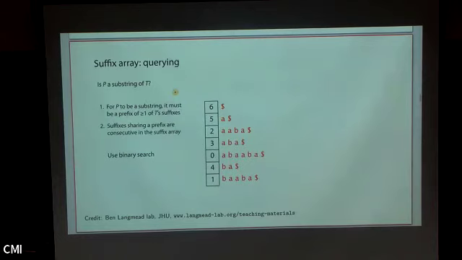And the suffixes that share a prefix are consecutive in the suffix array. So you can actually use binary search. I don't know whether you're familiar with binary search. Essentially, if you have a sorted list and you want to find where something occurs in a sorted list,